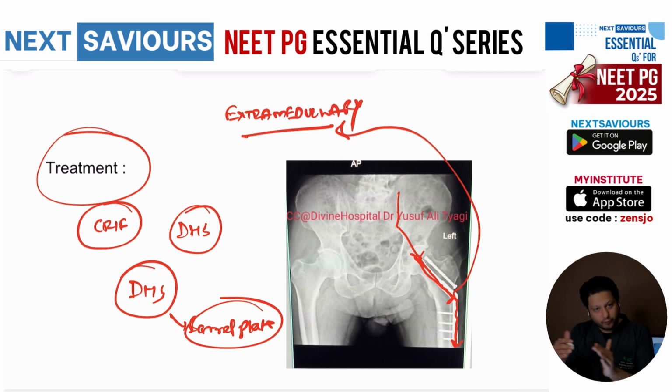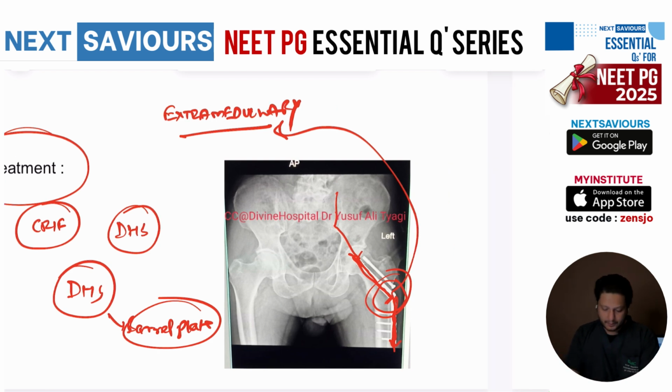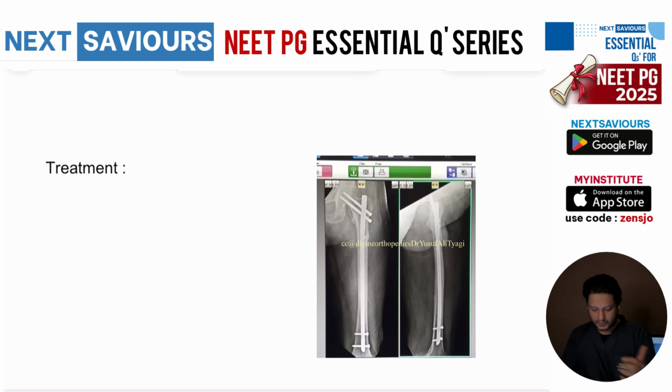So whatever the force which is getting transmitted all the way up to the DHS or the dynamic hip screw plate, this force is greater or larger, and that might result in the breakage of this implant at this fulcrum, at this junction, resulting into the implant failure. In order to combat this sort of a complication, there is another implant which came into existence for the management